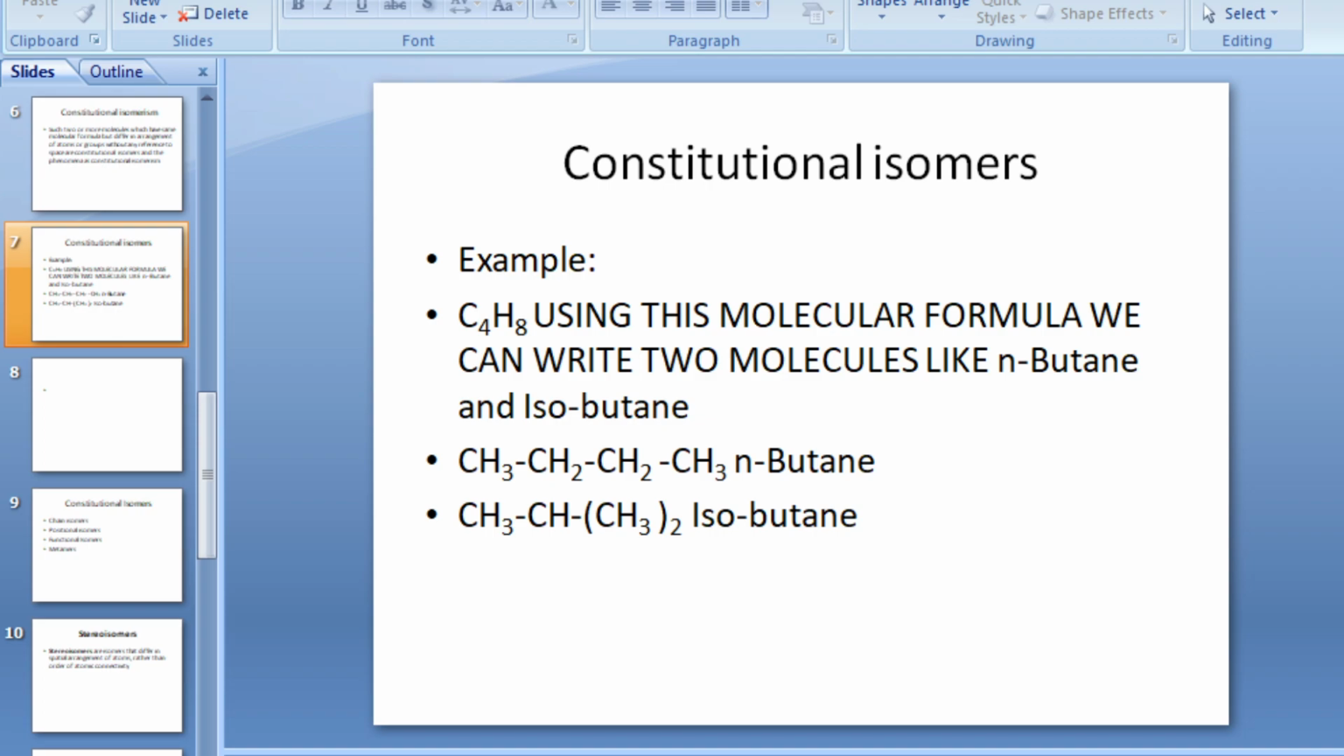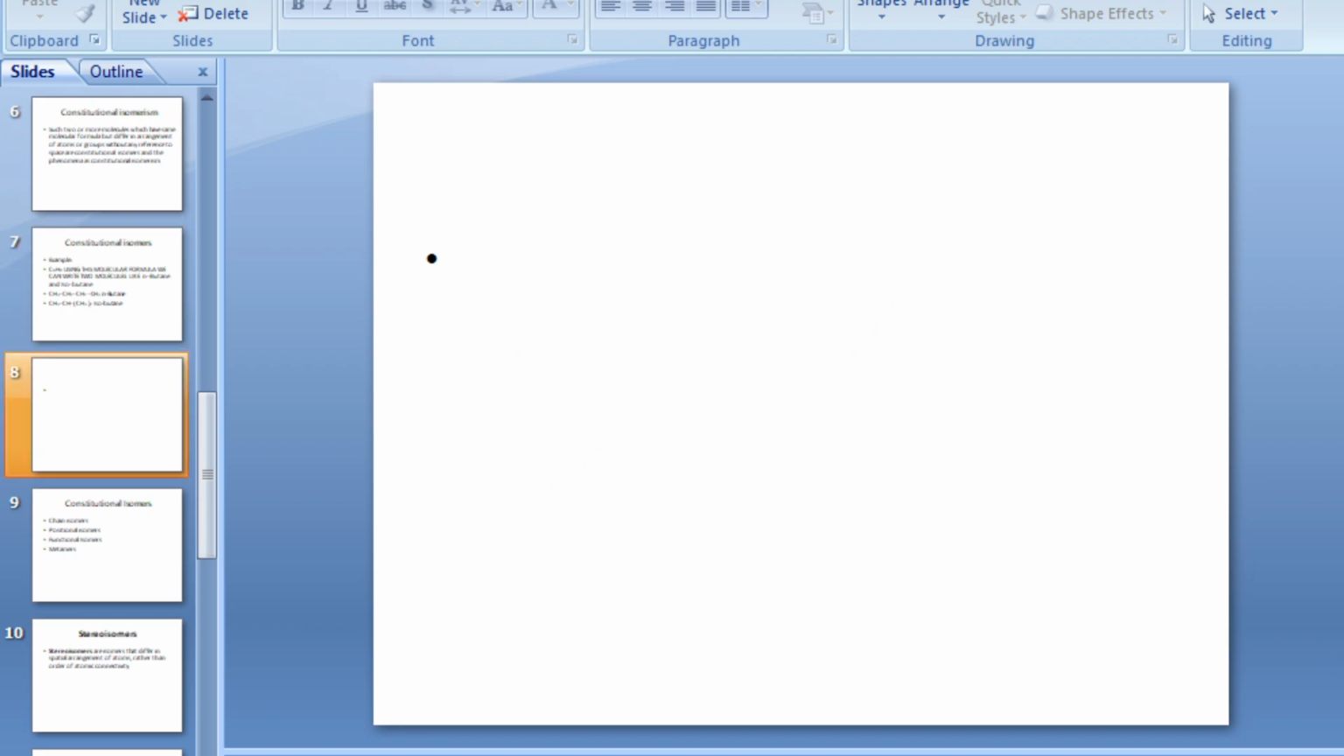CH3, CH2, CH2, CH3 is n-butane, and CH3, CH bonded with two different methyls. Here, methyl chains are there, two chains are there, so this becomes isobutane. That's one of the constitutional isomerisms. So the various types of constitutional isomerism you come across are,